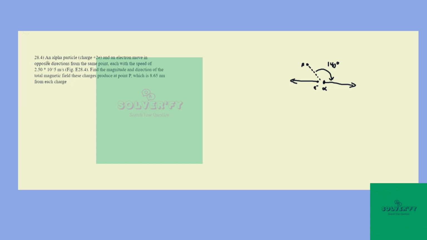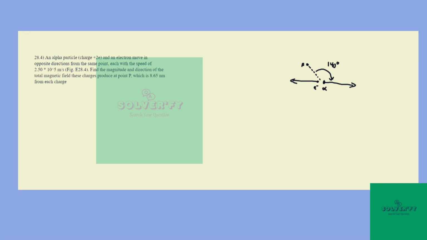Problem 28.4, we have an alpha particle, that's this here, and an electron that move in opposite directions from the same point. Each has the same speed, and we're supposed to find the magnitude and direction of the total magnetic field of these charges that they produce at point P, which is a certain distance away, 8.65 nanometers from each charge. Okay, so we need to solve this using the equation for the